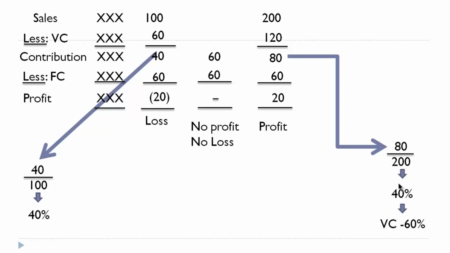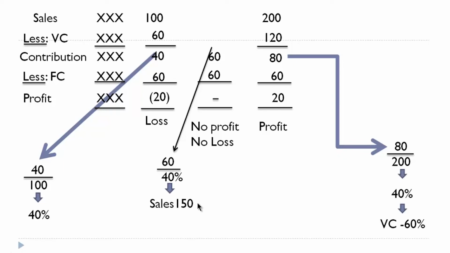See, when the contribution is 40%, variable cost would be how much? It would be 60%. So in our case, what is the contribution? In our case, the contribution is 60, right? So 60 on 40%. 60 is actually 40%. So with this, we'll be able to calculate what is the sales. If the 60 represents 40%, what is 100%? The 100% would basically convey the sales. So if 60 is 40%, 100% is sales, which is 150.